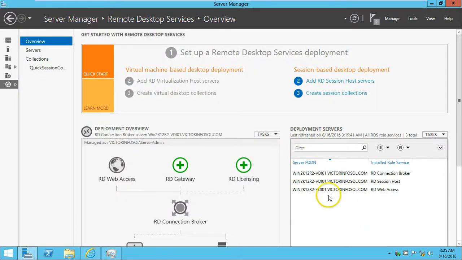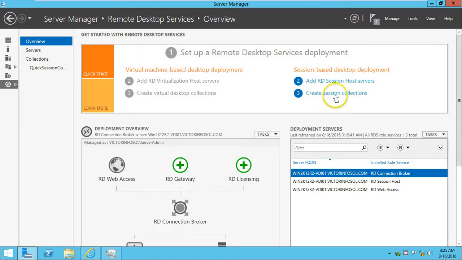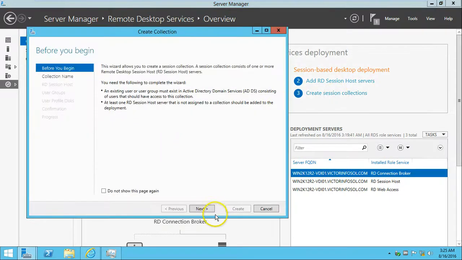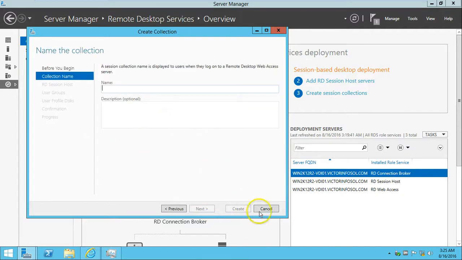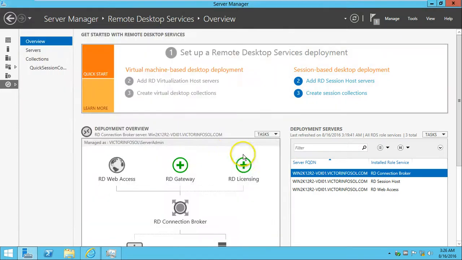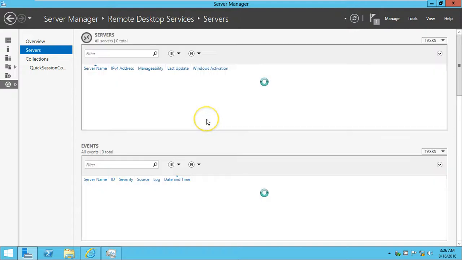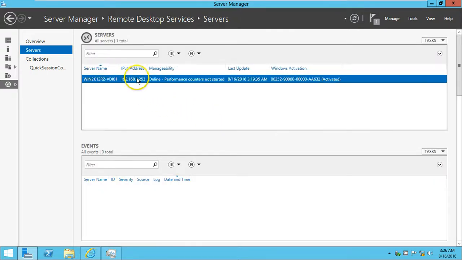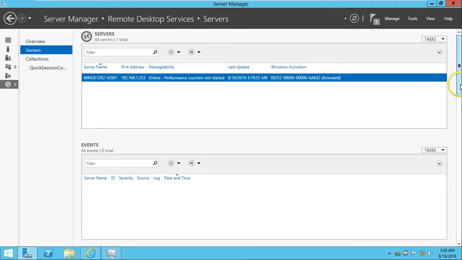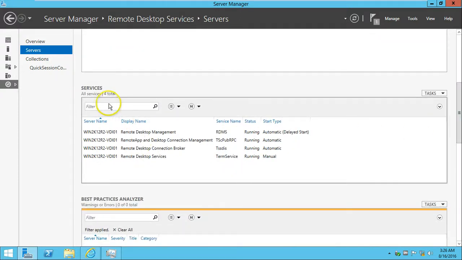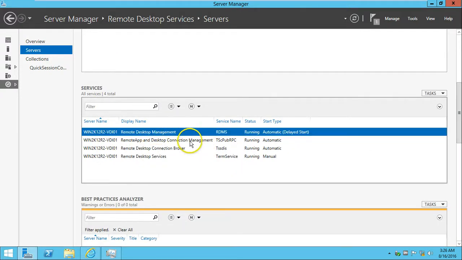It will come here under deployment server. We have only one deployment server for now, and you can create session collections, and proceed with the name, RD session host, user group, user disk, and these settings. So I'm going to show you the default one. Under the servers, you can verify we have one server only with Remote Desktop Services installed, and the status is online. If you scroll a little bit down, you can see the services running on this server: